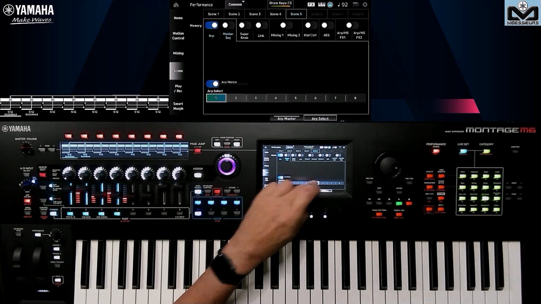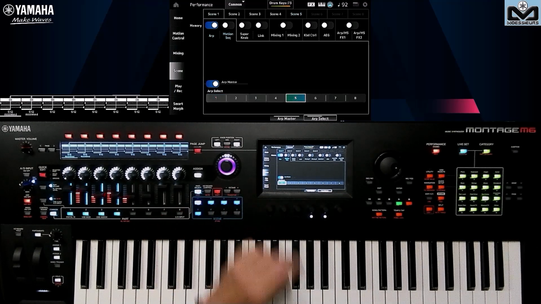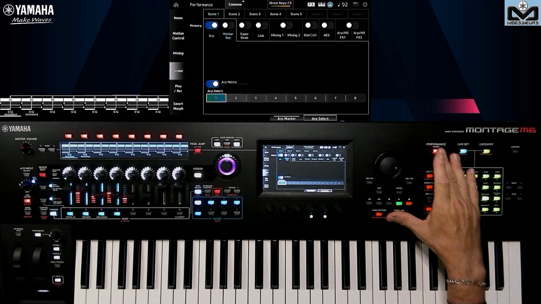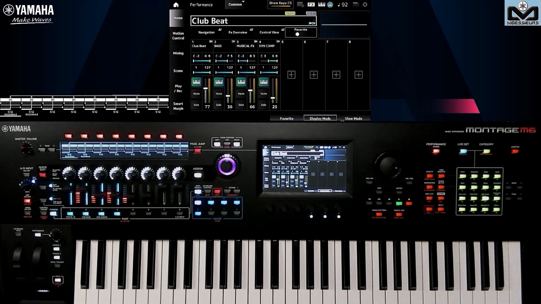But what you have to understand, and I'm going to put it back the way it was before, is that it calls all variations 1 from all parts at the same time. You can't call variation 1 from part 1, with variation 3 from part 2, with variation 5 from part 3. No, it'll be variation 1 of all the parts, so make sure you follow the video up to the end, because in the bonus, I'm going to explain or remind you how to work this kind of thing.